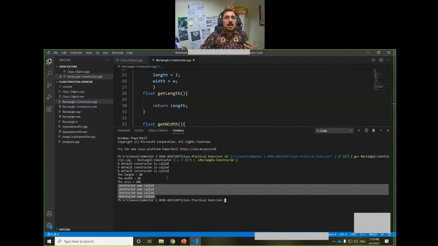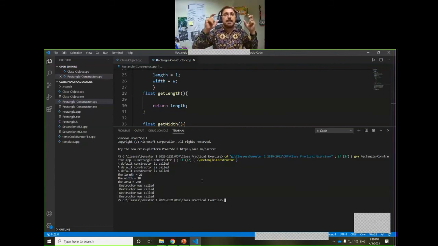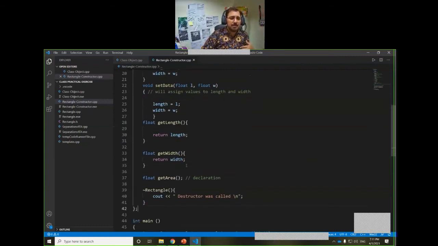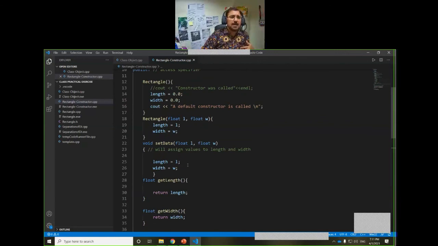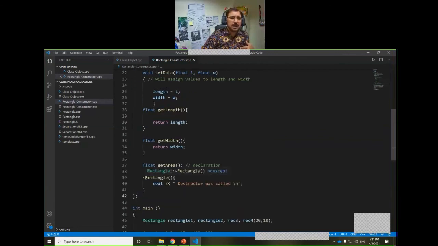So to conclude, a constructor is a member function which has the same name as the class. It is called automatically when the object is created. On the other hand, opposite to the constructor, a destructor is a member function which has the same name as the class, but the name is preceded by this symbol, called the tilde symbol.